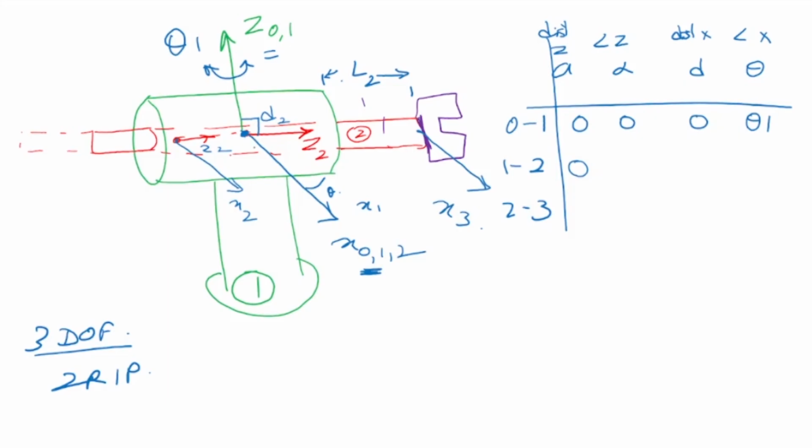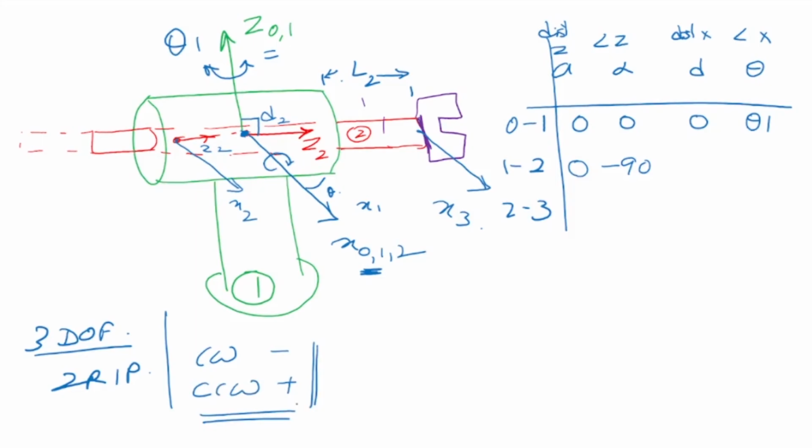Okay, so what is the angle between z1 and z2? So z1 is rotated by 90 degrees clockwise and it becomes z2, so it is a minus 90. So we say counterclockwise rotation about x-axis. Okay, so we say that if it is a clockwise rotation, then we say it is minus. If we say counterclockwise rotation, we say it is plus. Okay, please note this. This is the basic convention.